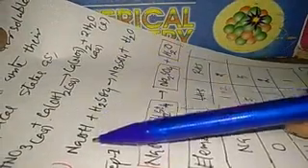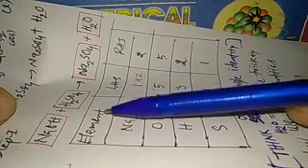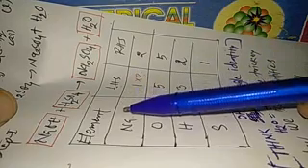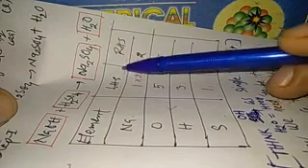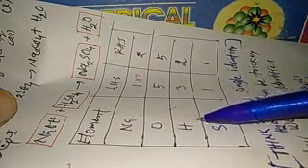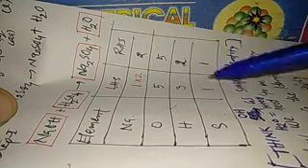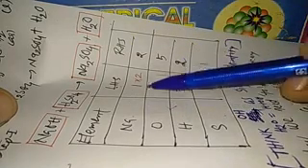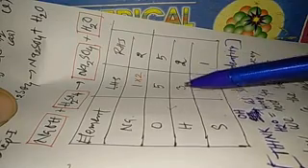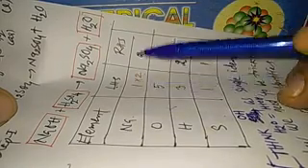We will consider OH as a single identity, and H2O is nothing but H plus OH. So let us understand it. NaOH plus H2SO4 gives us Na2SO4 plus H2O. We have the elements on LHS and RHS. Sodium is 1 LHS, 2 RHS, oxygen 5 LHS, 5 RHS, hydrogen 3 LHS, 2 RHS, sulfur 1 LHS, 1 RHS.